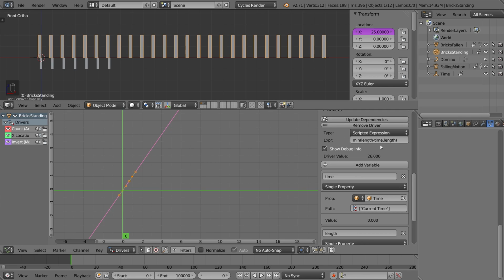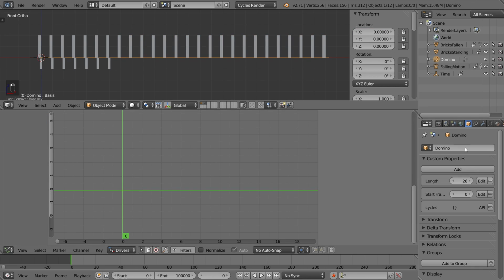So change the maximum part from length to length -7, and the line of standing bricks won't reach any further than to the falling section. Since we now have a new, much improved falling section, we are ready to add a bit of functionality to the line itself. I would like to add a speed control so the user can choose how fast the bricks are falling. Add a speed property to the curve